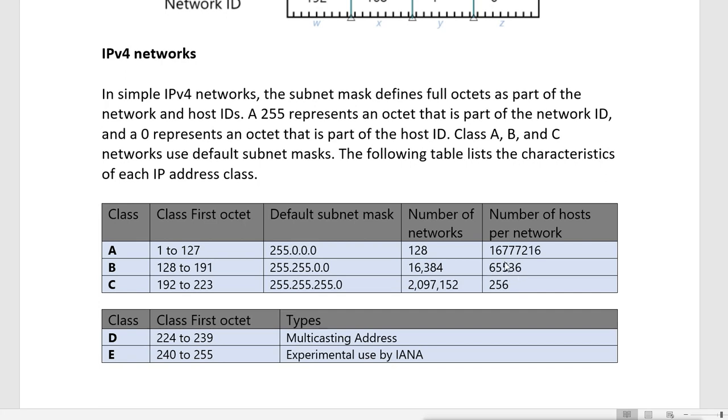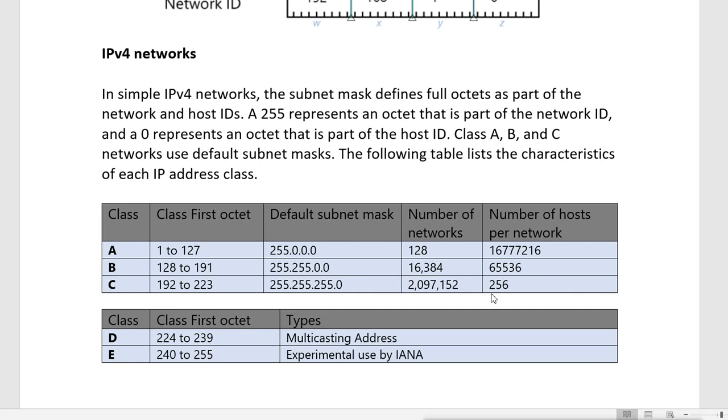This class is for middle-sized companies that do not have that large a number of computers in their organization. But we have some small organizations also, so they created class C for them.